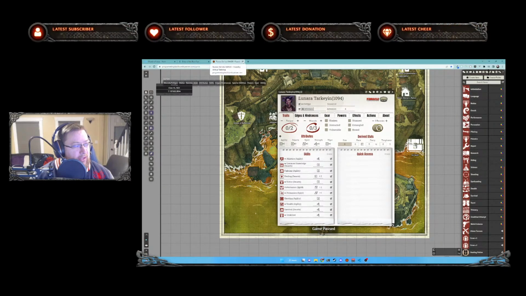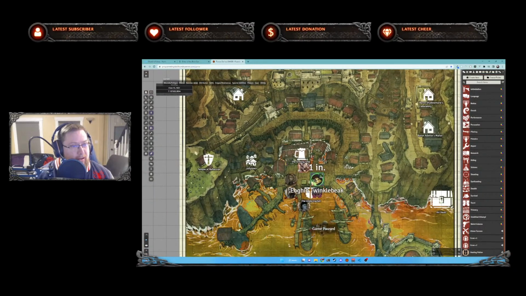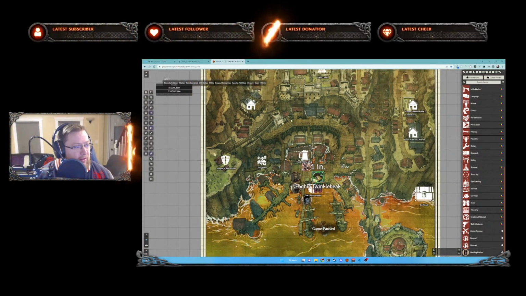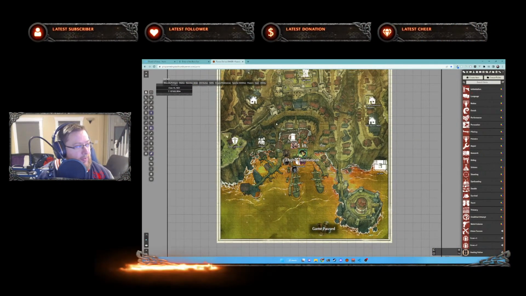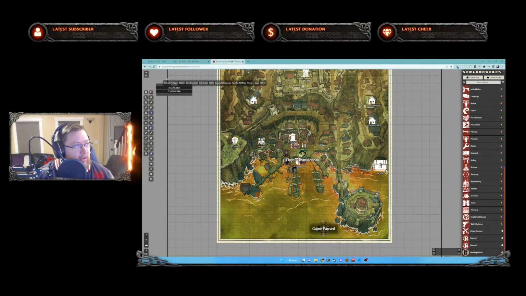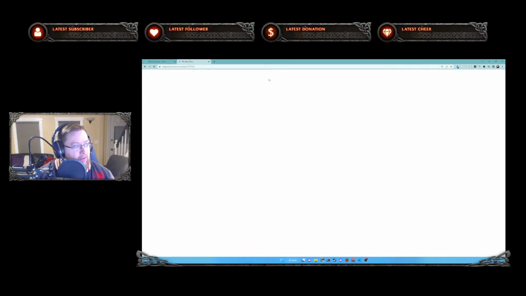So this is Foundry, and if people are interested, I can definitely break down Foundry. Getting pretty good at it. I've created a module in it already, and I want to do more. So see what happens with that. We could definitely break down Foundry at a later time. That being said, going back here,